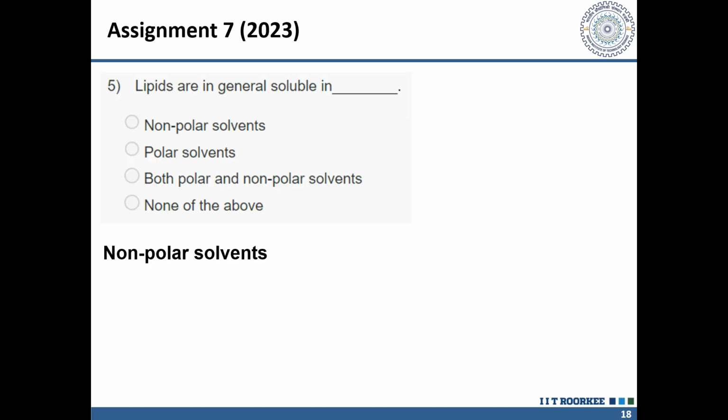Now let's move on to the fifth question. Lipids are in general soluble in... So first of all, what are lipids? Lipids are nothing but a type of oil. And oils are non-polar in nature. So now if we go to the question, lipids are generally soluble in non-polar, polar, both, or none of the above. So there's a theory that